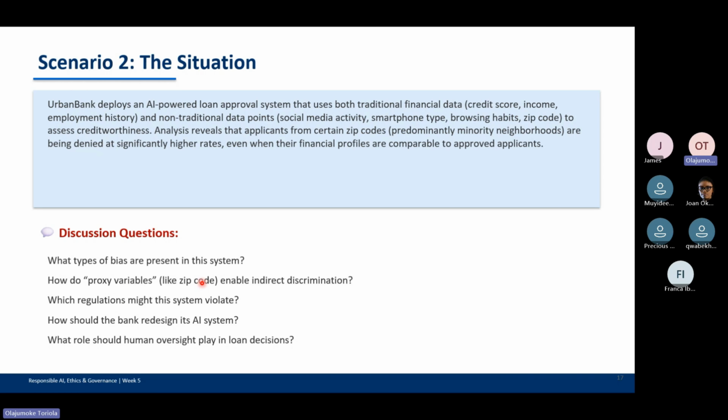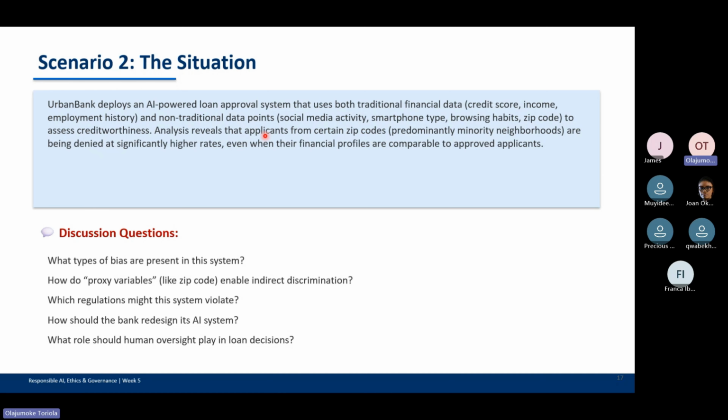Non-traditional data points refer to things like your social media activity, your smartphone type, your browsing habits, and your zip code to assess creditworthiness.